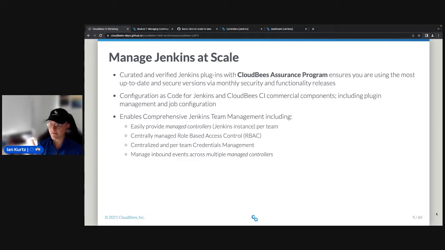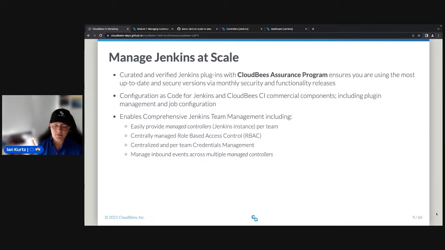We take a lot of that load off of your shoulders in the CloudBees Assurance program. We ensure that you're using the most up-to-date and secure versions of those plugins via monthly security releases. Configuration as code, like I said, you're going to see the true power of that and why you should use it with CloudBees CI to make your lives easier by reducing the management and administrative overhead